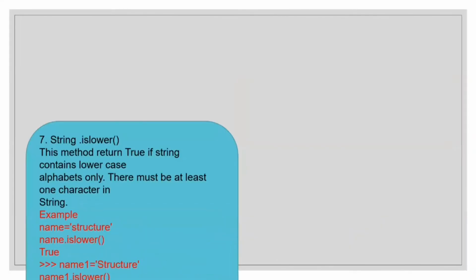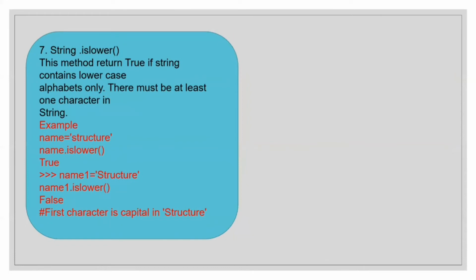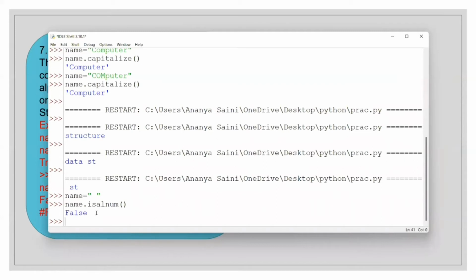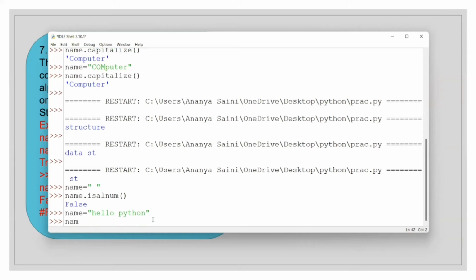Then we also have is space. Maybe it's going to come later, but I'm just telling you about is space also. It checks for spaces. So if I write over here, see, this is my name, and my name is equal to hello Python. Now there's a space in between. We all can see this. Okay, there's a space in between. And if I write now name dot is space,